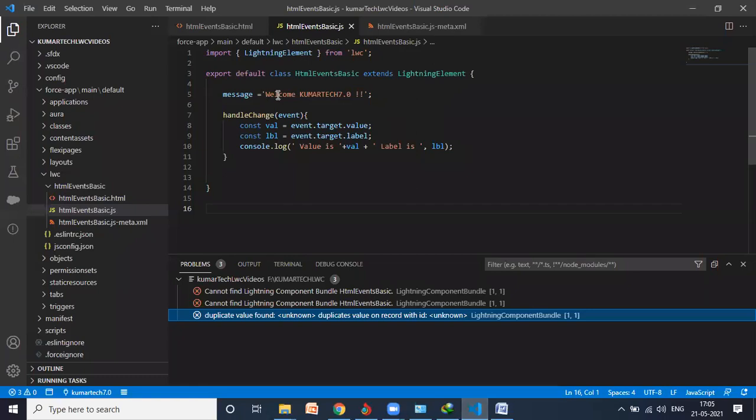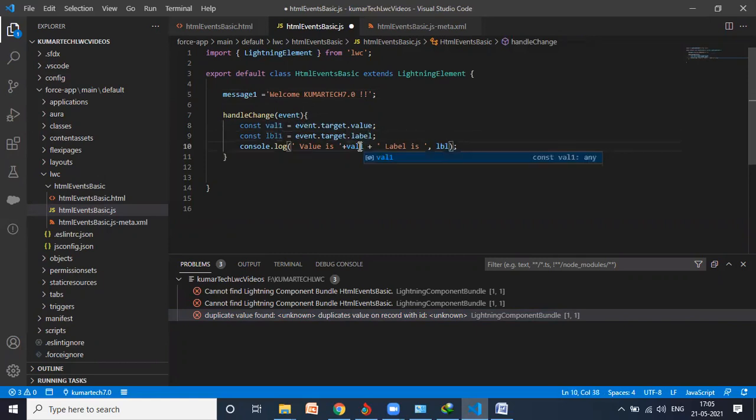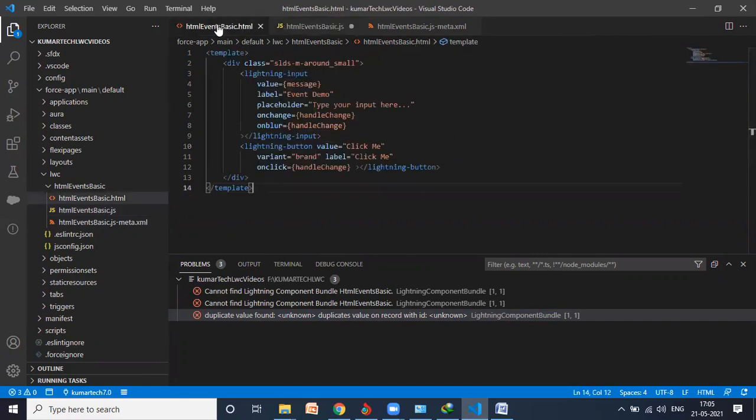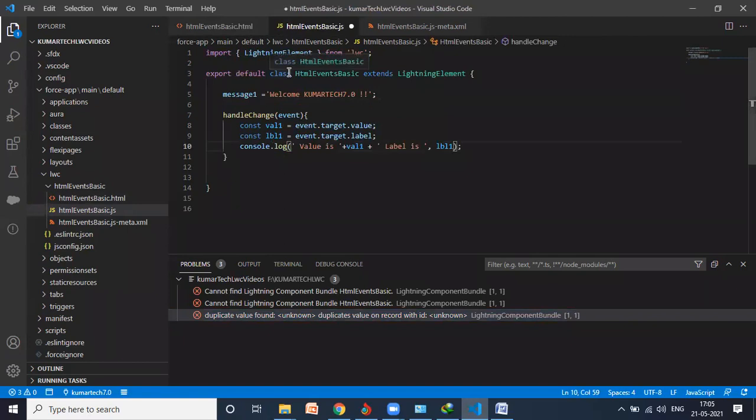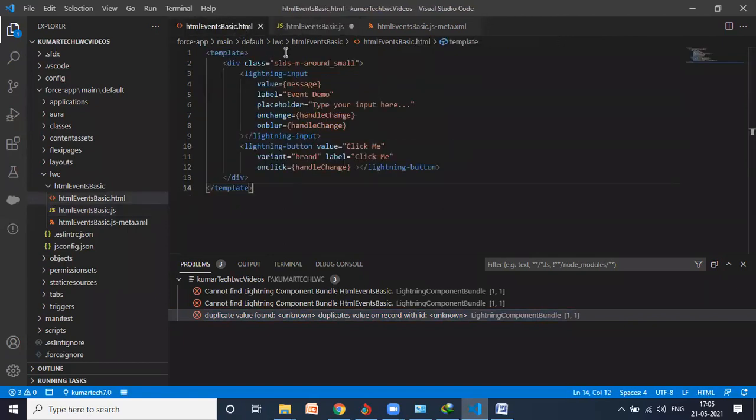Okay. What I will do, I will make some changes. Maybe I will keep message one. I will keep variable one. Okay. And here in HTML basics, anything I need to change? Message, I will change here.